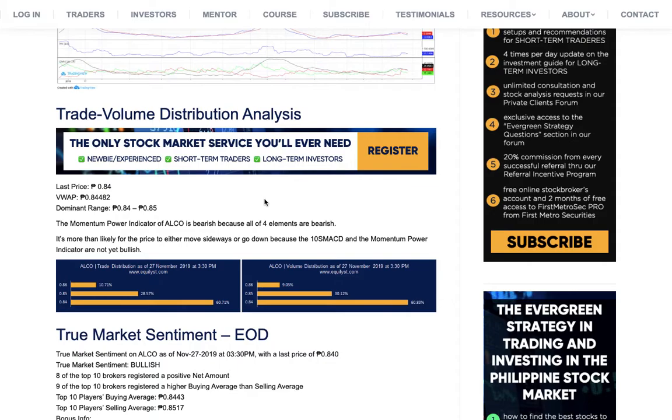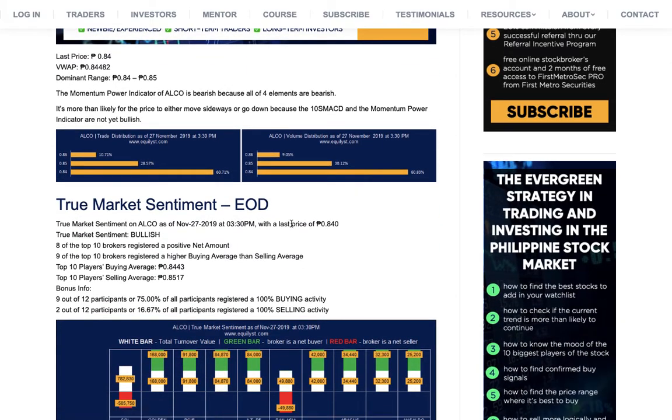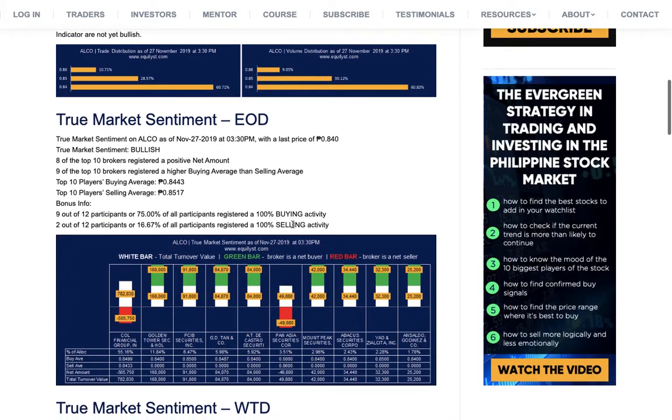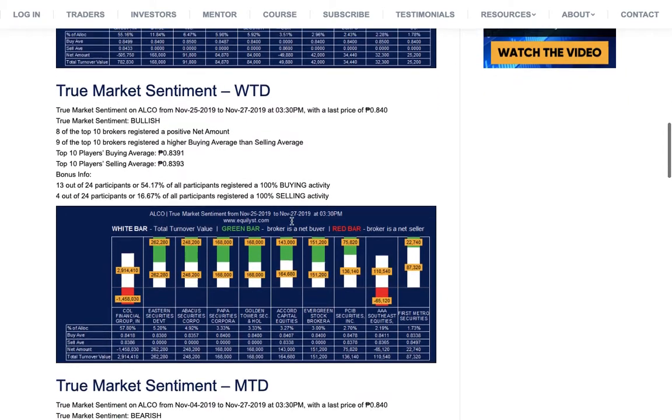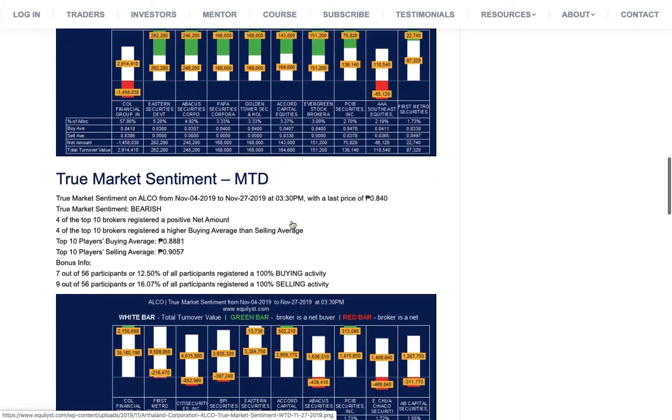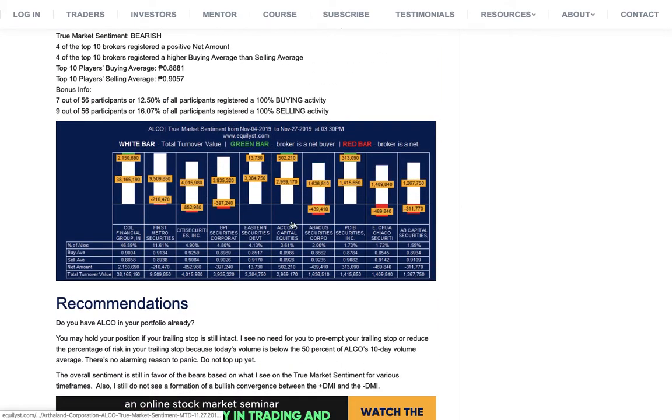For the true market sentiment chart of ALCO, for today, it is bullish. For week to date, it's bullish also. Now, for the month to date, it's bearish. So, what does this mean? How are we going to mix and match all of these pieces of information to form a single data-driven decision? So here's the thing: if you already have ALCO in your portfolio because its trailing stop is still intact,